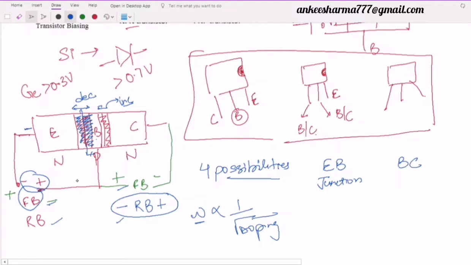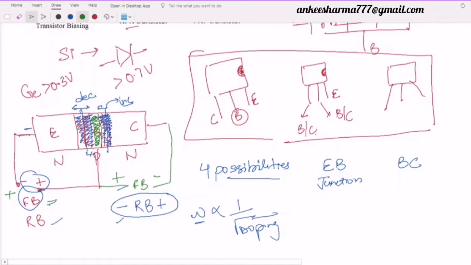Whereas if I see here in the case of base and collector also, if this is my center, for example, then it will be more inside the base, because again the collector is moderately doped, or you can say its doping is high in comparison to the base. So definitely on both sides the width will be penetrated more inside the base, and that will help us, because the more the penetration of the width, the lesser will be the area left in between. कम एरिया बचेगा, जितना कम एरिया हमारे पास बेस में बचेगा उतनी कम हमारी रिकॉम्बिनेशंस होंगे. So this is also an advantage for us.